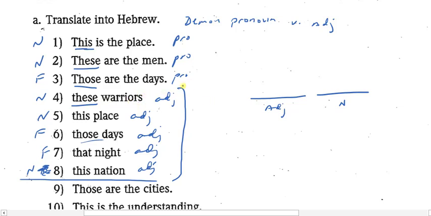Okay, what's going to be true about all of these? All demonstrative adjectives have what attached to them? The article. And all of the nouns will likewise have the article. So I'm going to have ha on all these forms. Ha something, ha something. Okay? So, let's look at